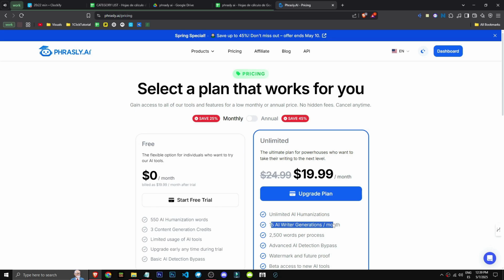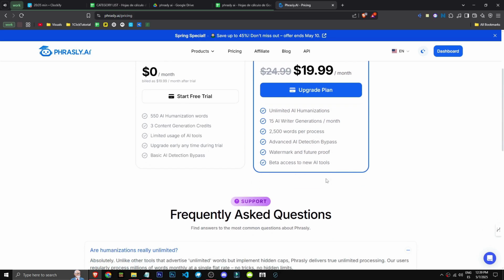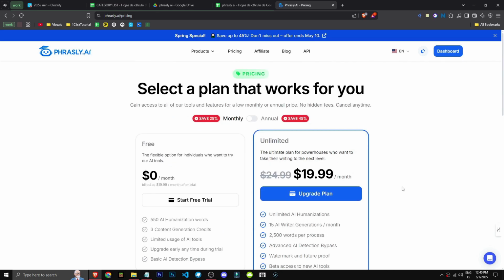15 AI writing generations per month, but that's useless as it's terrible. 2,500 words per process. No way. When before the max was 500. Advanced artificial intelligence. Well, okay, not sure what that means. Watermark removal, I assume, right? And access to beta. It seems like a great price for the AI humanizer, but why on earth would you want